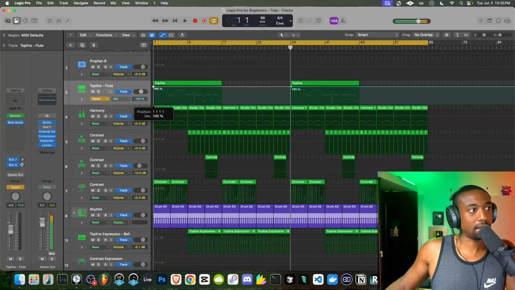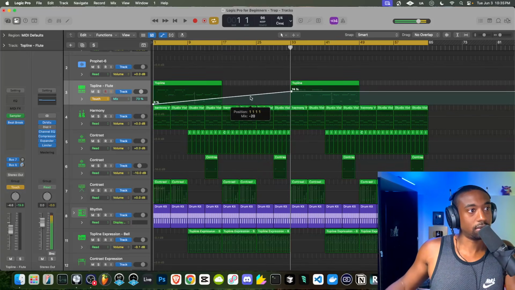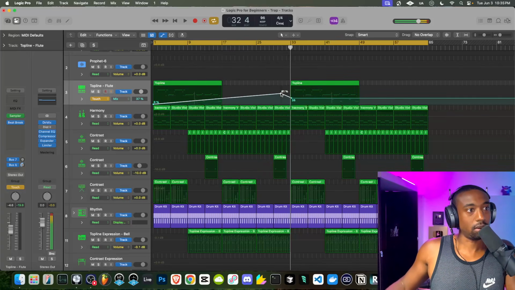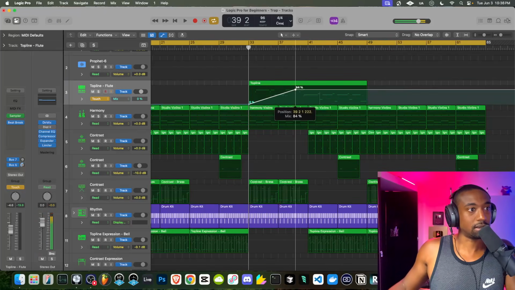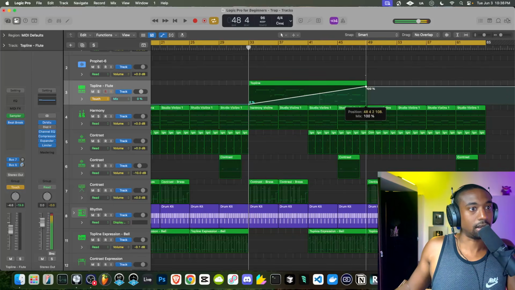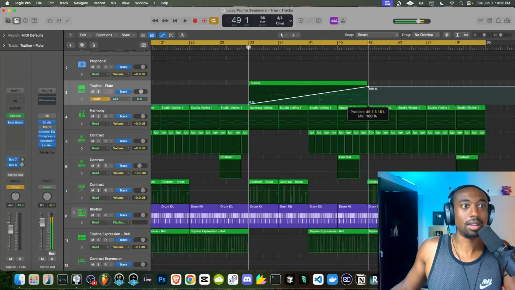So basically in the beginning, I could left click and turn it off, and I could create another node by double clicking here. So it's similar to FL. It's kind of drawing in where you want the values to pick up or drop out over time. So let's bring in this effect over time. Let's kind of fade it in like this. Again, I'm sure there's more